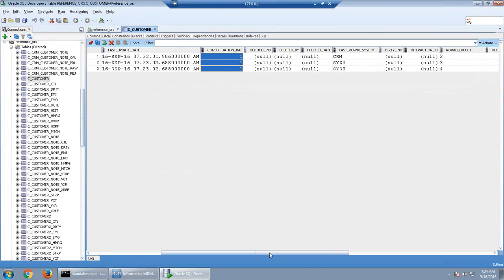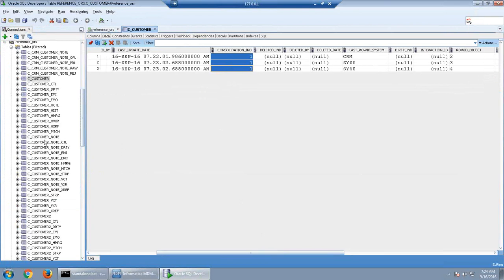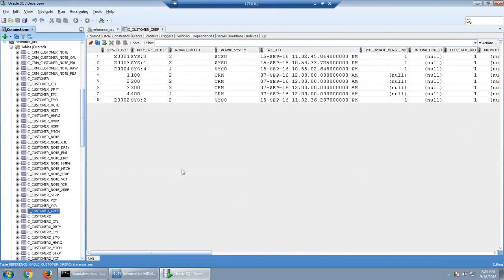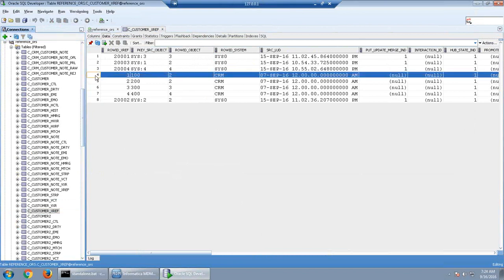I have been showing you in an Excel sheet what happens when 2 records get merged, so just see the scenario here. I will go to this XREF table so that we can see both the columns which got merged. Before that, we will go to the HMRG table.